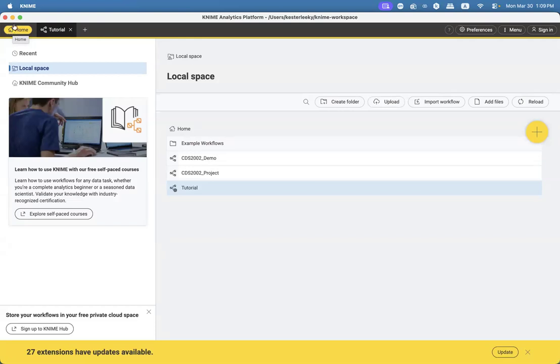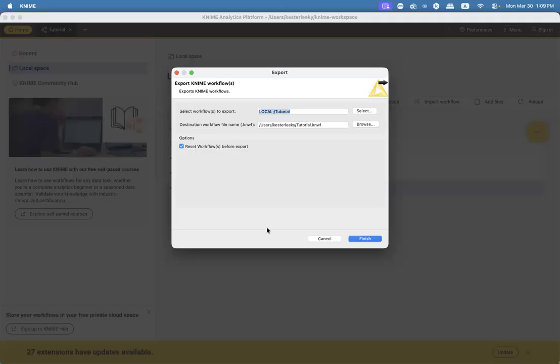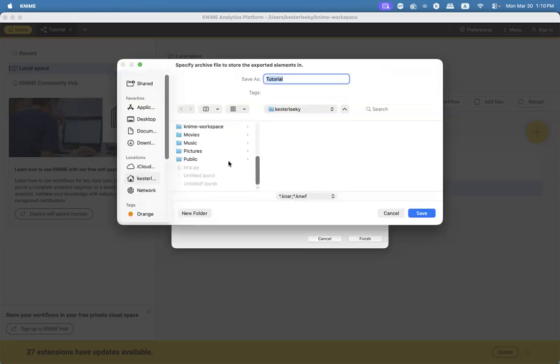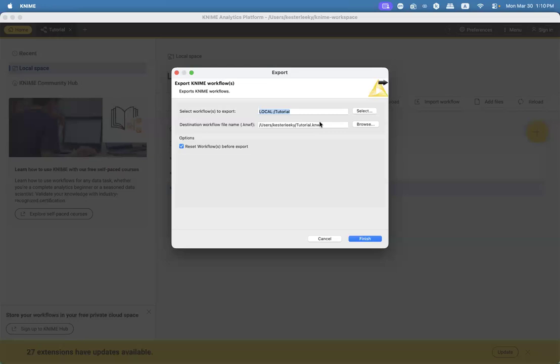What you need to do is click on the workflow file you have just worked on, then right click, and there is an export button. Click it, and you will be able to select where you want to output your files. For example, here I just select output right here, and then I press the finish button.